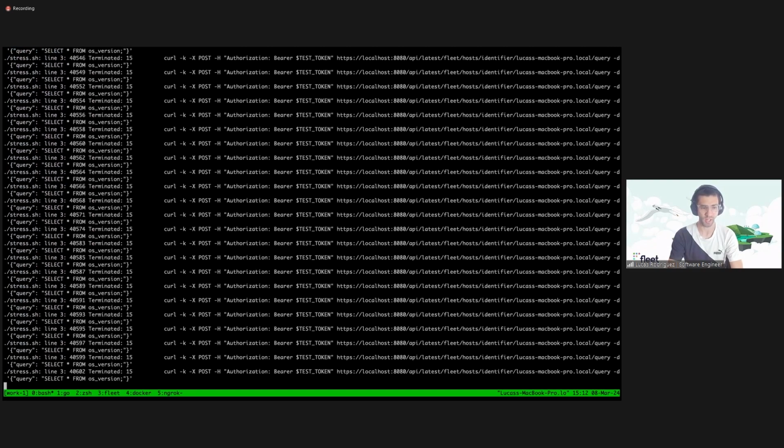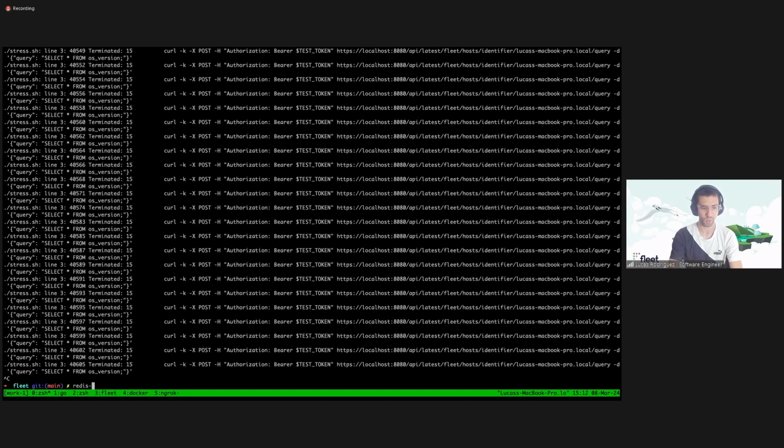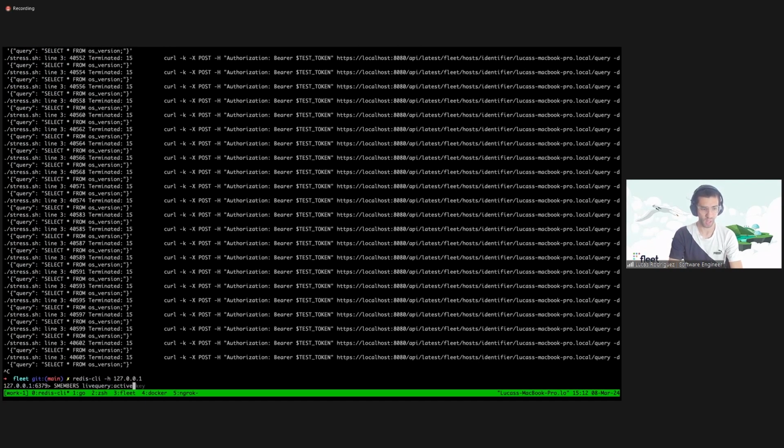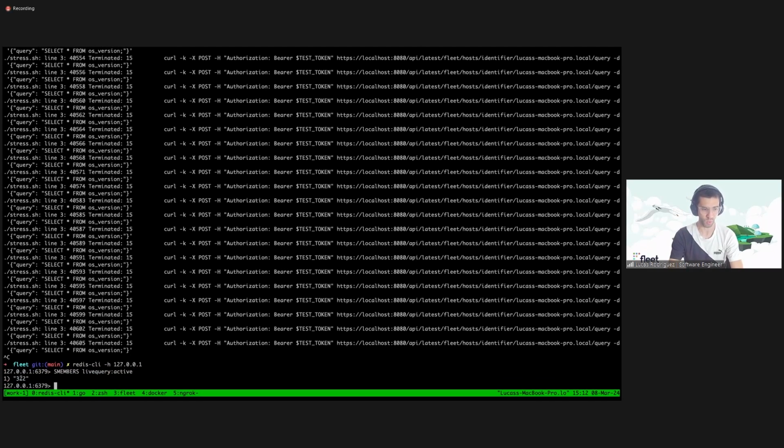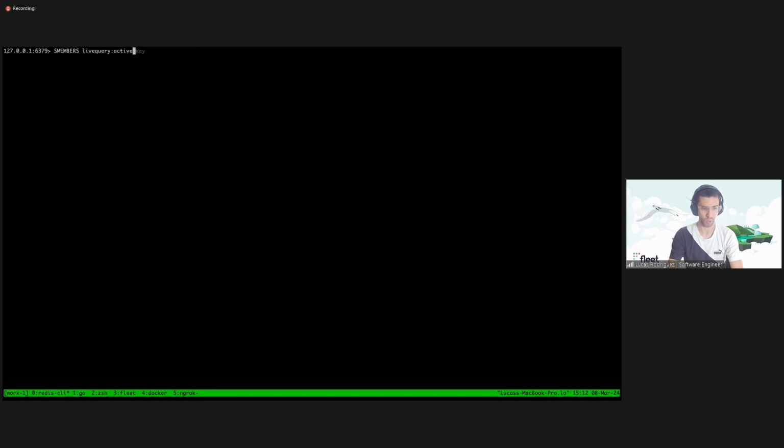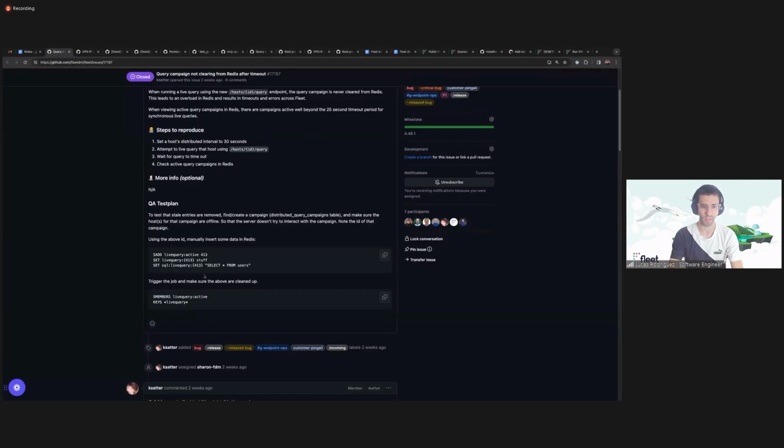So we bashed it, and the bug was that after doing this, we ended up with some kind of queries here like this one. This will actually go away. So empty array. This is a good thing, right? The bug was that we were left with some queries on the active set, which meant that Fleet was in